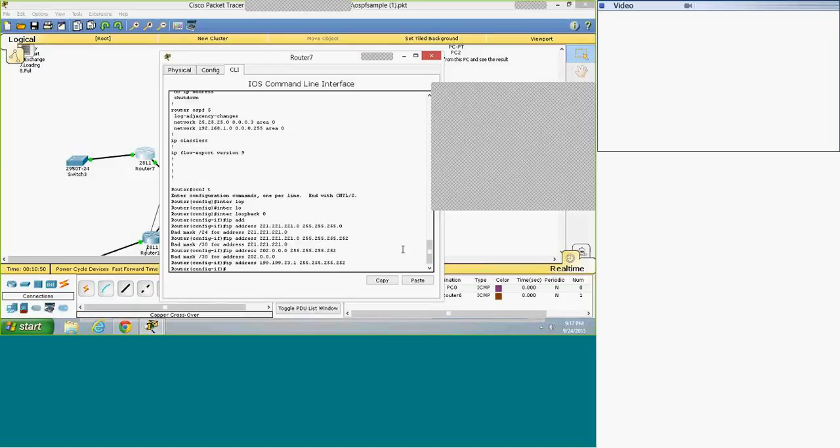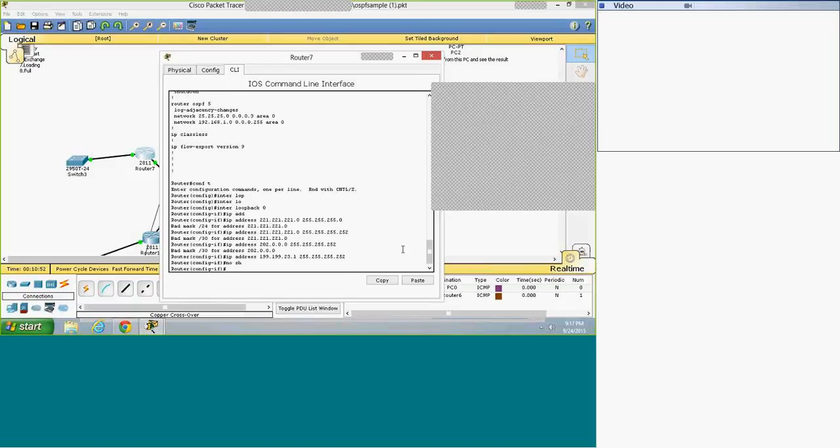That's why it didn't work. Okay. Understood why it didn't set? Because you are giving a network address. Understood, right? So,